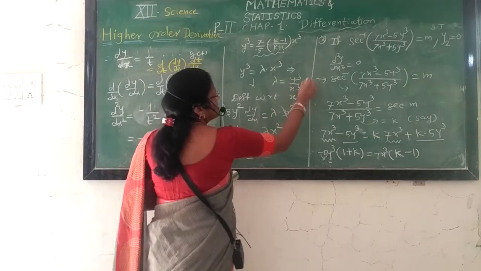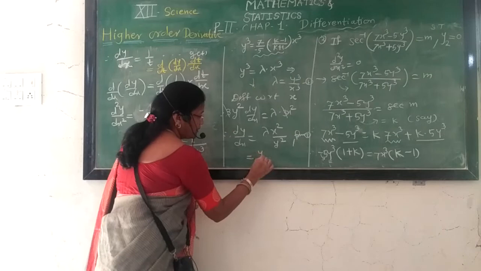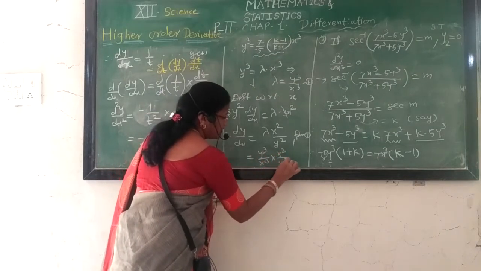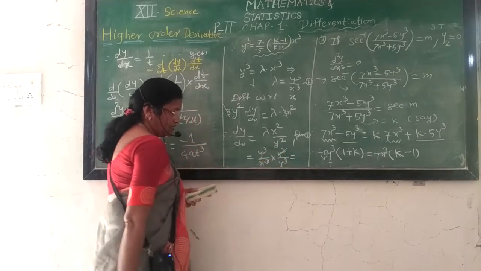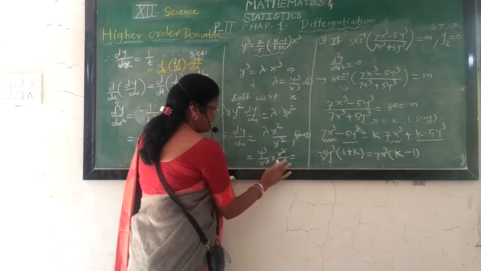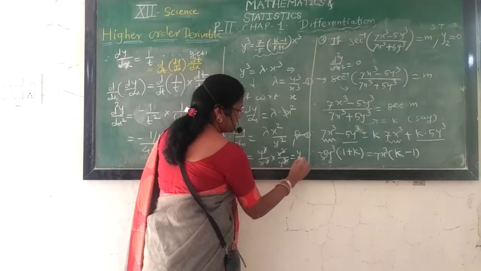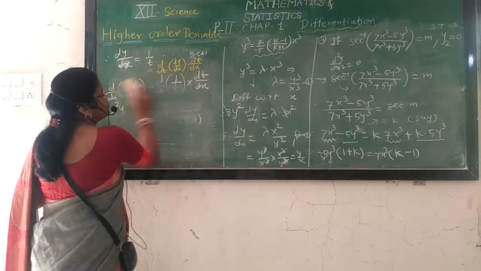But from the result 1, you take the value of lambda as y cube upon x cube, multiplied by x square upon y square. So x square is cancelled here, and y square splits with this y square. You get an expression for dy by dx in terms of y and x. So that value becomes